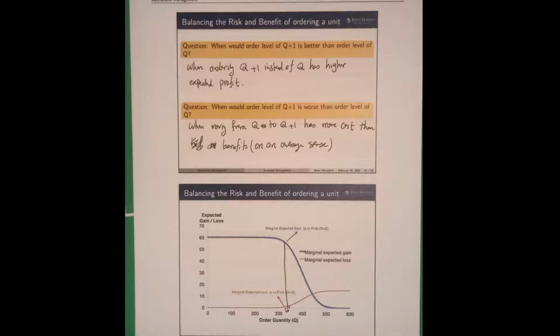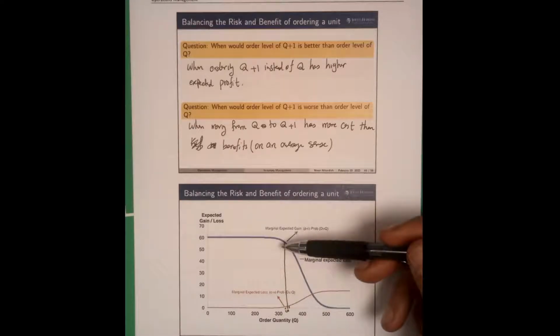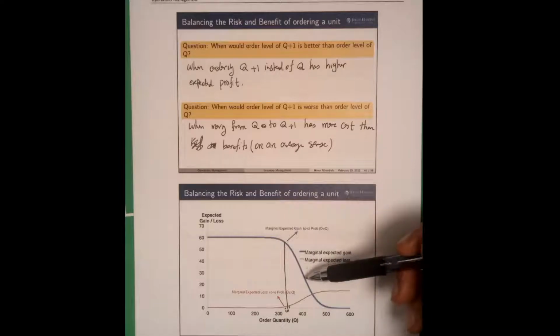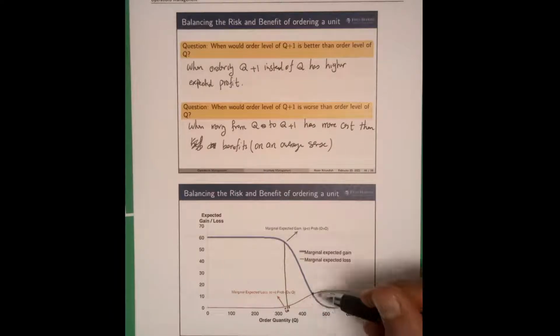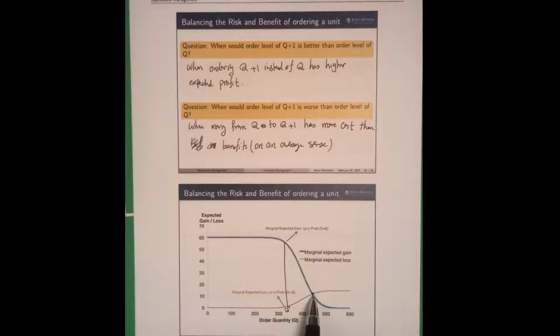By increasing Q, those two curves are going to converge to each other at some point. You do not have any incentive to increase your inventory level, because if you go to the right, your marginal gain is going to go below your marginal loss, and to the left you are leaving money on the table. So at this point right here, where marginal gain and marginal loss are the same, I'm going to stop and say that is my right inventory level. I have no incentive to deviate from that point.